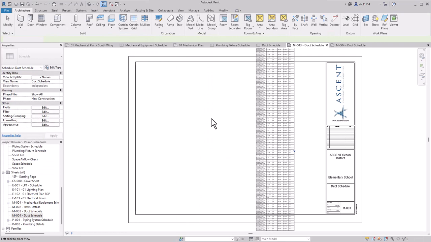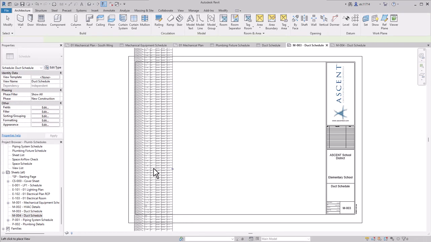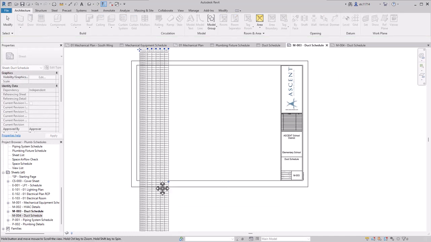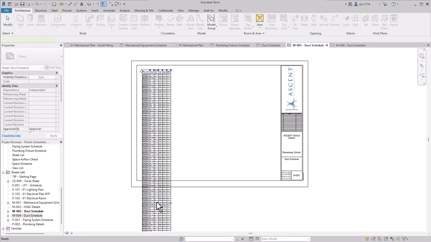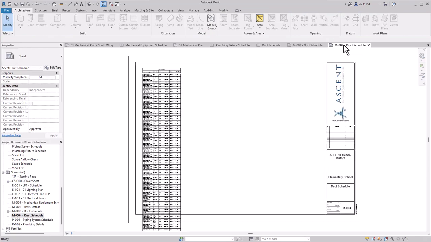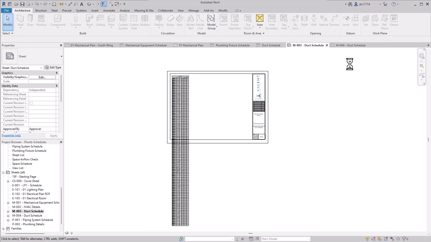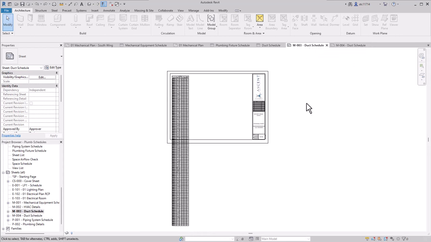It will take me to my first sheet where I can go ahead and click to place the first half of the schedule. I'm going to zoom out here a little bit so I can get the top portion placed where I want. So if I look at the 2 sheets, they each have half of this very large schedule placed. As you can see, after placing the schedule split upon the 2 sheets, they do not fit on the sheets very well. So what I can do is split them.